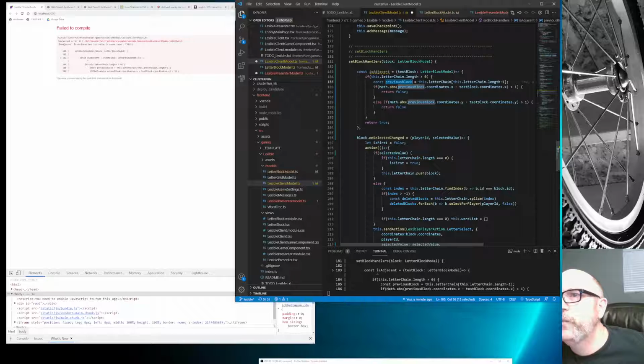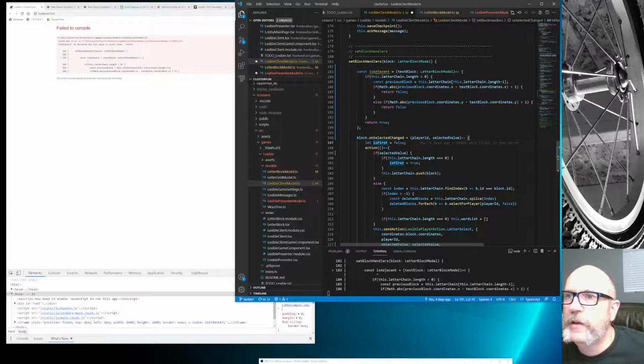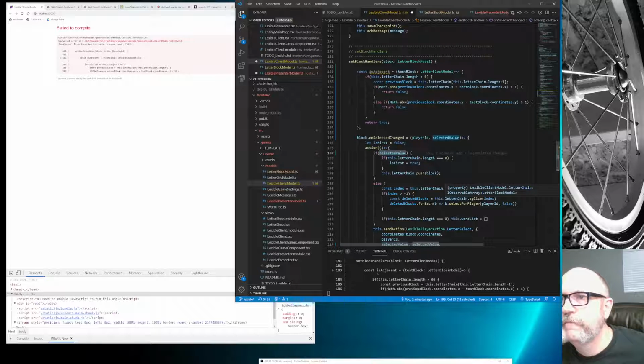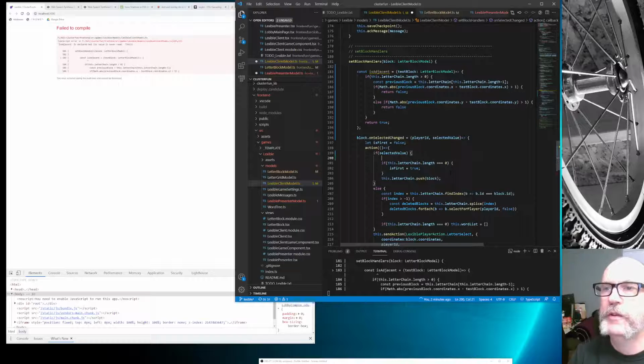If the X is too big or the Y is too big, so if we're too far away from the block, it's not adjacent. So at this point, this is truly just is adjacent. Now we're coming down in here, and now we're changing the select on a block. The user has clicked on a block, they've either selected it or not. If they've selected it, we need to decide if we want to clear the chain. So if is adjacent,